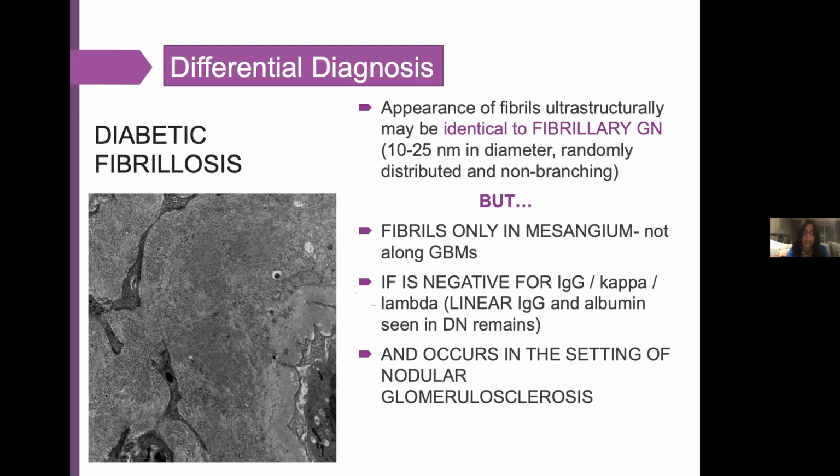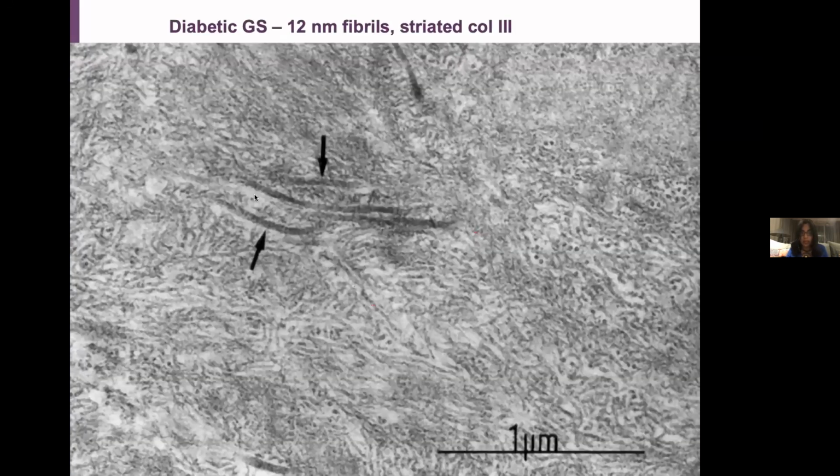Now, this is what I'm saying. When you come to a differential diagnosis, everything has to be included: the light microscopy, the clinical picture of the patient, your immunostudies, and what you're seeing on EM. You cannot have just a separate electron microscopy diagnosis. This is diabetes. So you see in diabetic glomerulosclerosis, it typically looks just like fibrillary GN. This is your striated collagen. So this is a big source of confusion if the pathologist interpreting the electron microscopy is not the same one interpreting the light and the IF, or they don't have a lot of experience.